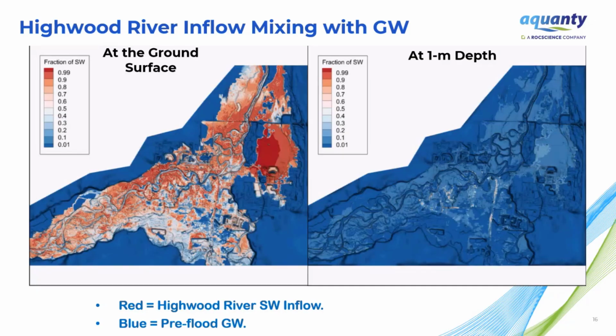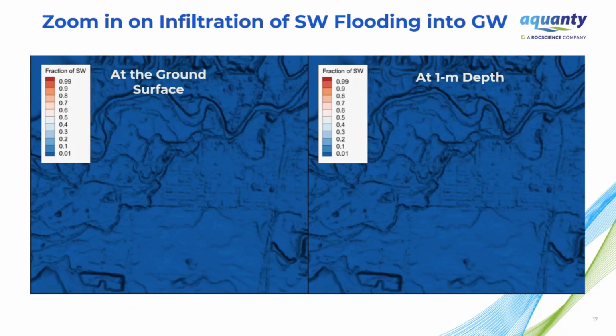So we're looking at essentially the surface water contribution to groundwater just above the water table. And you can see, I'll even zoom in on this a little bit in the next slide, that there is surface water that is penetrating the aquifer to 1 meter depth. And I'll zoom in here on this white area. So if we look at that same animation again,